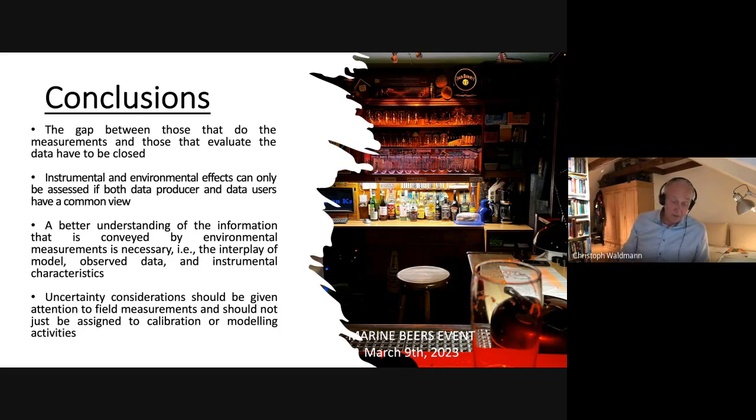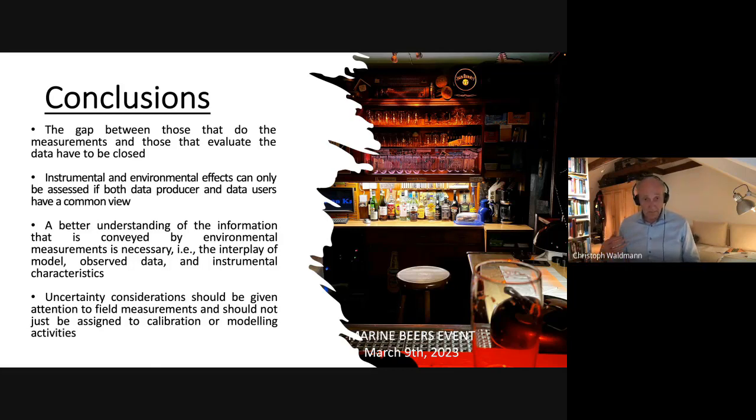Again, I think metrology can build bridges here. I also think there is a misunderstanding of what you actually measure. If you measure a temperature or salinity at a certain spot and at a certain time, what does it actually mean? It has to be in some sort of context, and the context is a time series. Then you say, okay, this is very interesting, but what does it mean for a neighboring point or at a different time?